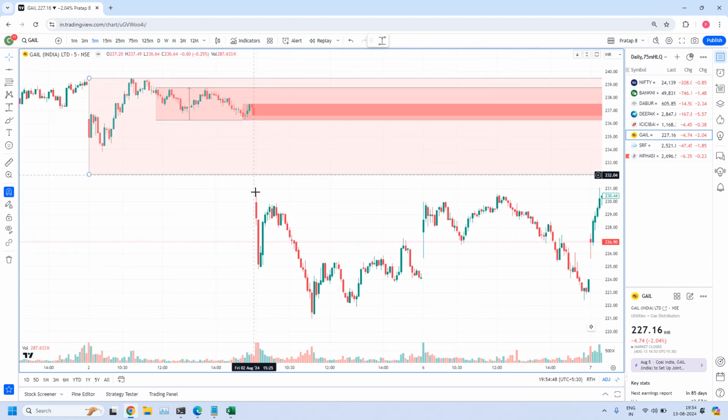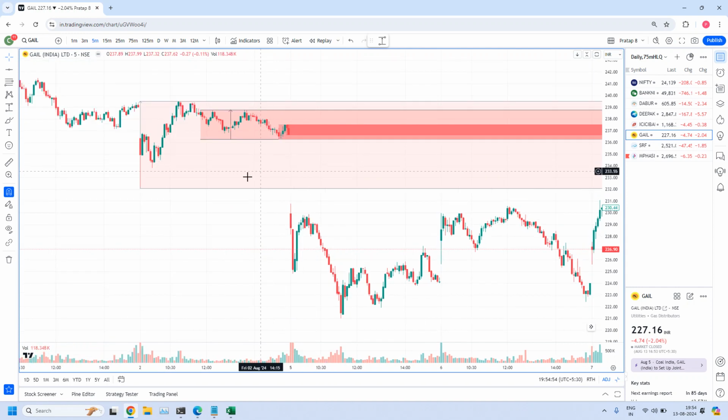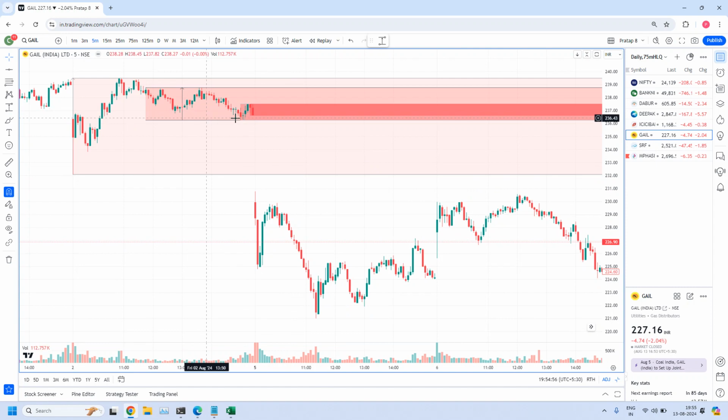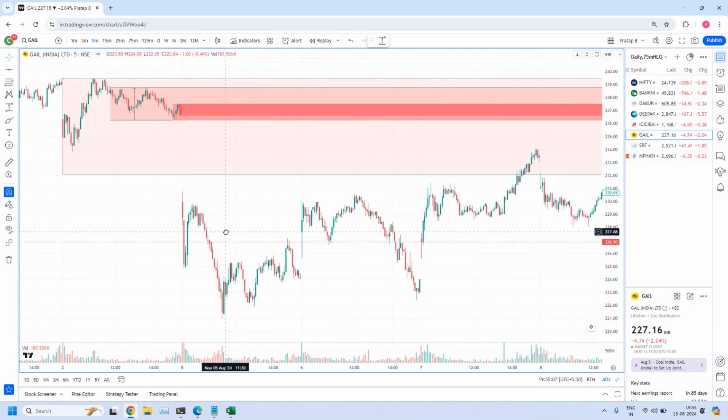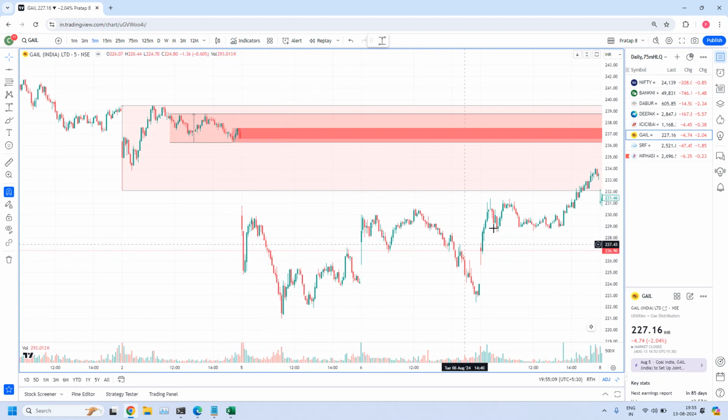And see the hidden gap, hidden, sorry, my technical word I struck. Yeah, the pro gap. See the pro gap, professional gap. Because of this pro gap, there could be a strong order flow. Currently, the pro gap is holding the prices. Slowly, this GAIL is consuming the order flow from this pro gap area.